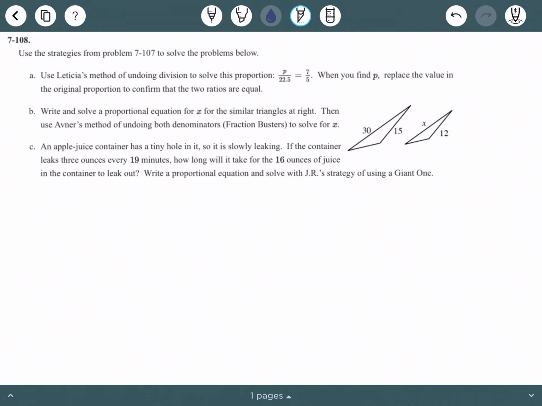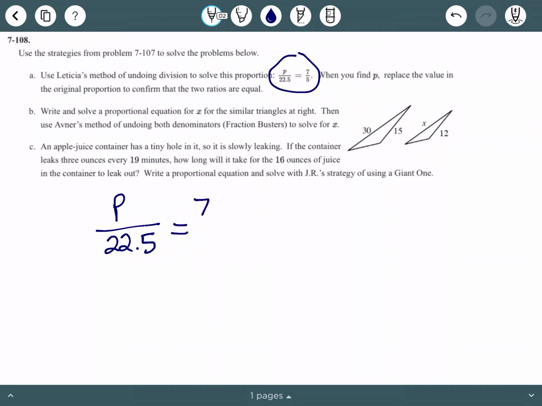Alright, for part A, what we need to do to undo division is to multiply. So undoing division would be multiplying. Now, I'm just going to go ahead and copy my equal ratios here that they give me so I have some room to work. So I'm doing P over 22.5